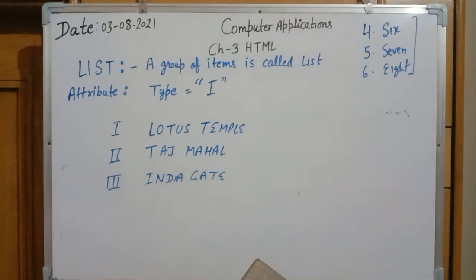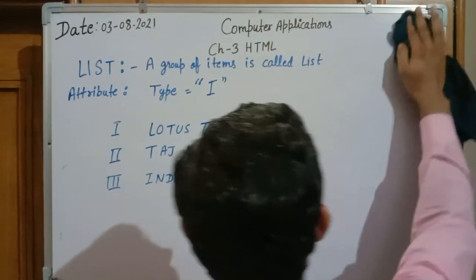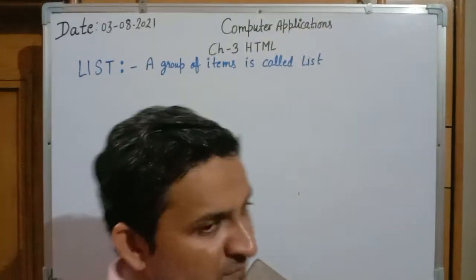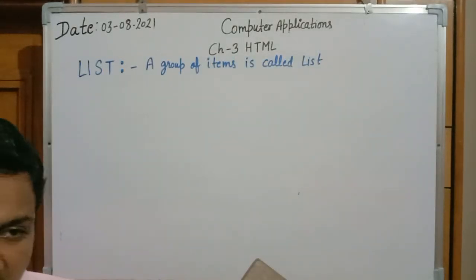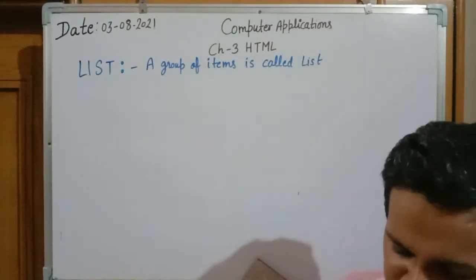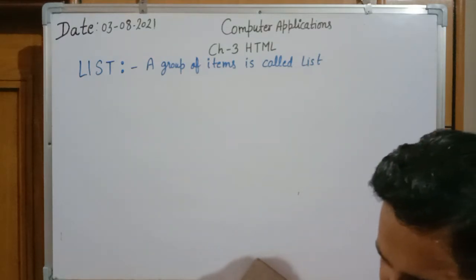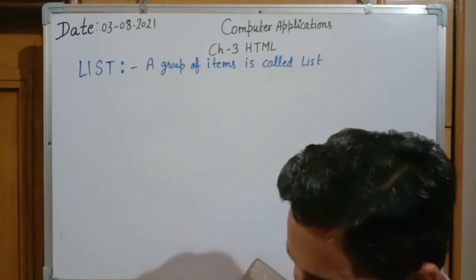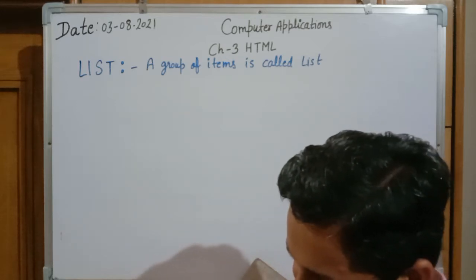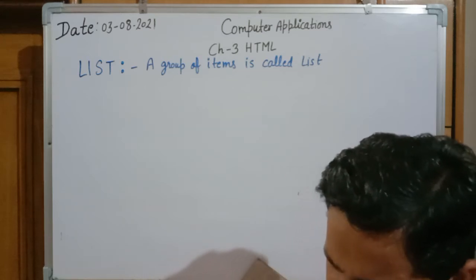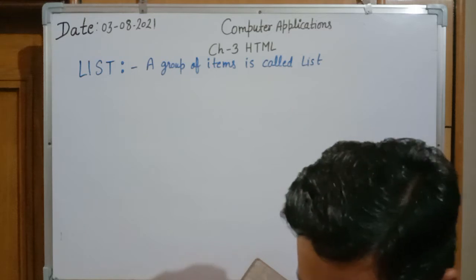Now how to use the type tag? To use the type tag, come to page number 108. Recently we have discussed a total of 5 types of tags we can use for an ordered list. One is caps alphabet, small alphabet, caps Roman, small Roman, and the fifth one is numeric. As you are looking on page number 108, it is given as a table. 1, it is the default value. a is alphabetically small order. Caps A is alphabetically uppercase. Small i represents the Roman number in lowercase, and caps I represents the Roman number in uppercase.